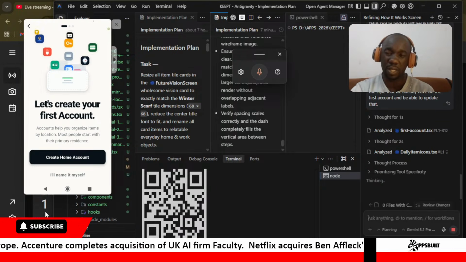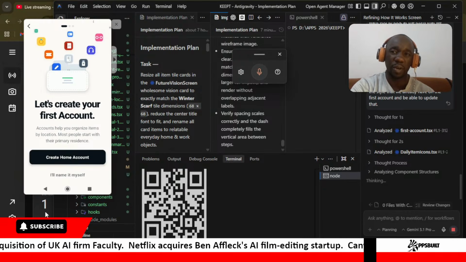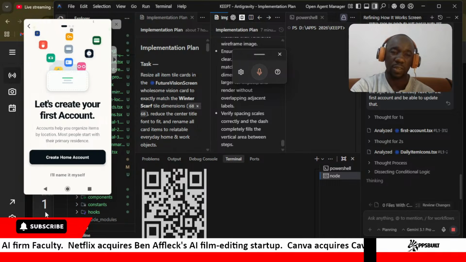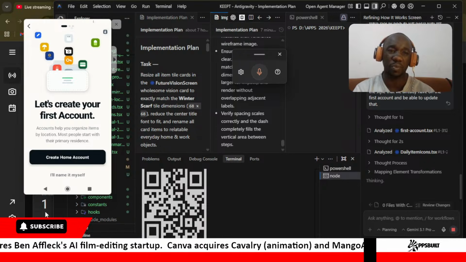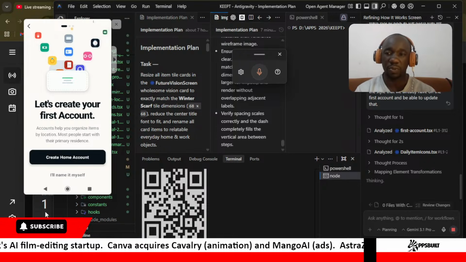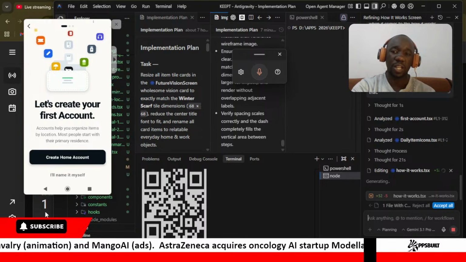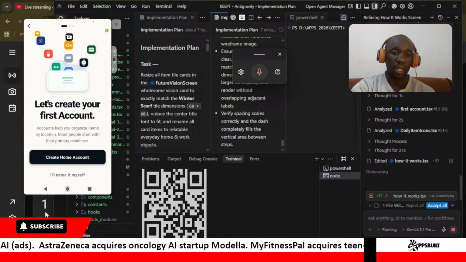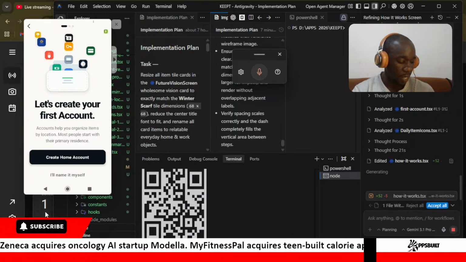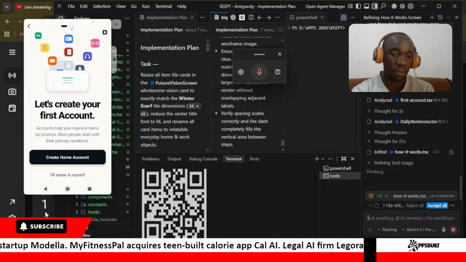What I'm using currently is Google Anti-Gravity, the IDE, which is quite powerful with the different kinds of extensions and things like MCPs and skills that you can add to it to improve its performance. So let's wait for these particular icons that were created. It's trying to look at it and recreate icons that are much better. Let's go to